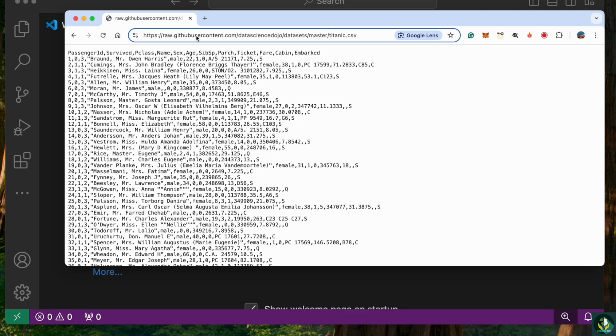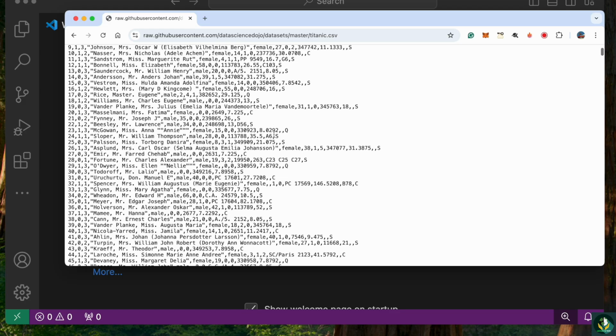It's a CSV file, titanic.csv, available on GitHub usercontent.com slash datasciencedojo slash datasets master. It has passenger ID, whether they survived or not as 0 and 1, PClass, what class they belong to, third class, first class,